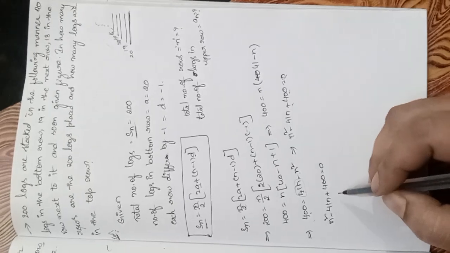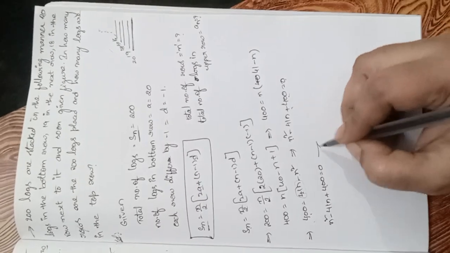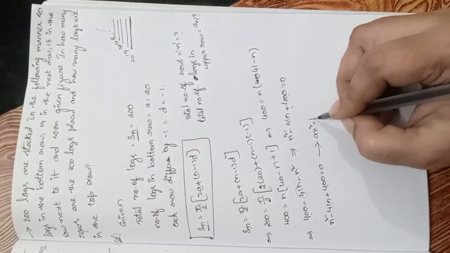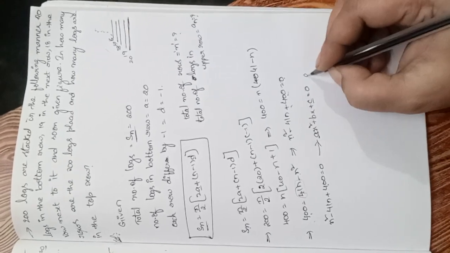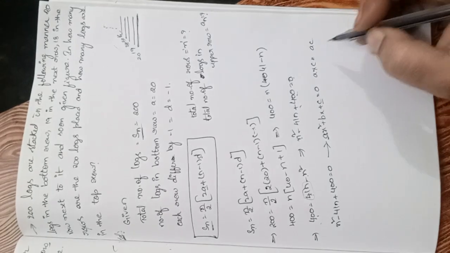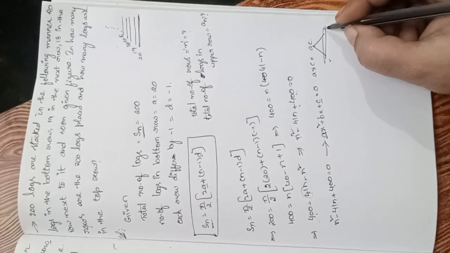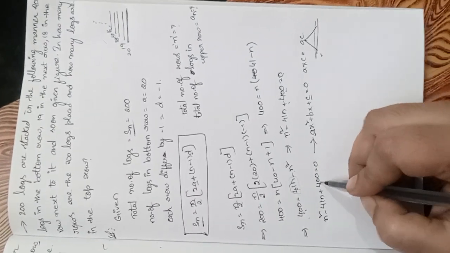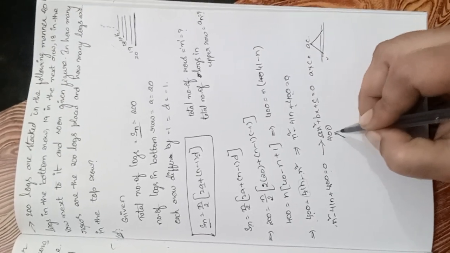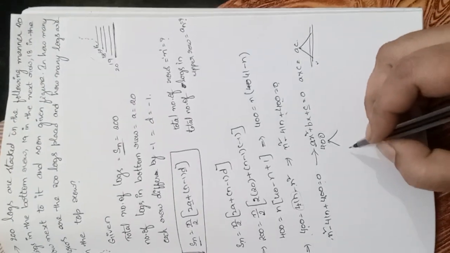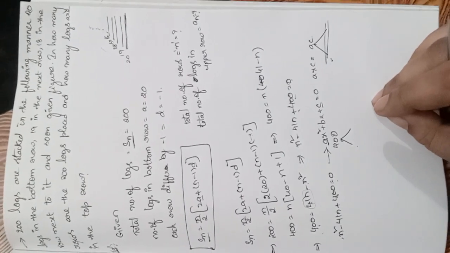Now first, how to find the quadratic equation roots? If you take this as ax square plus bx plus c equals 0, first we have to multiply a and c, ac. In the same way here also, 400 and 1, for this you will get 400. Now take the factors for it. First take the simple way. This is a small trick. Please try to understand it properly.